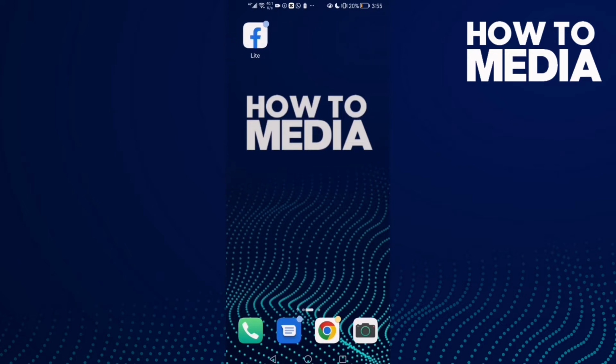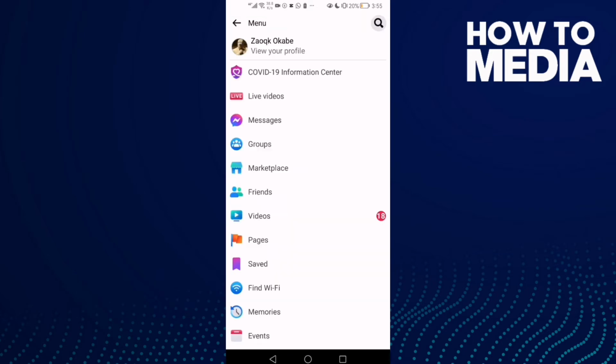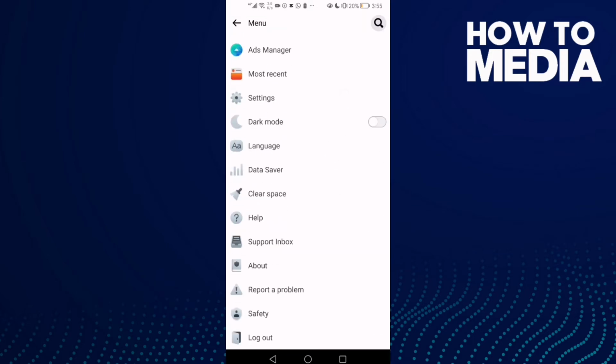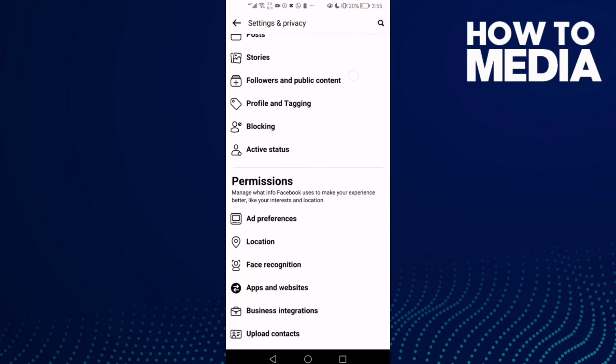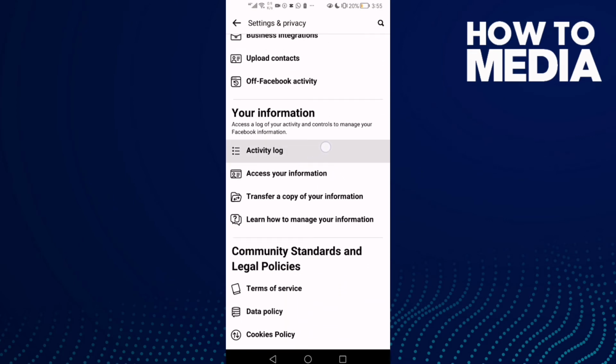First thing, go to Facebook Lite and then click these three lines in the top corner and go down until you find settings, and then go down again. Here you will find activity log, click on it